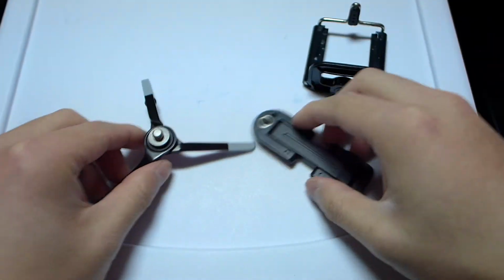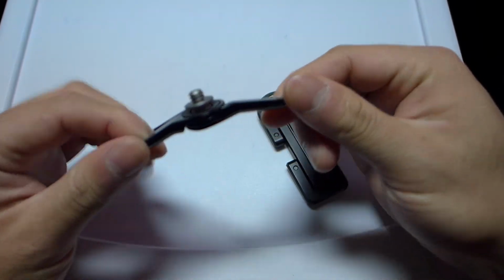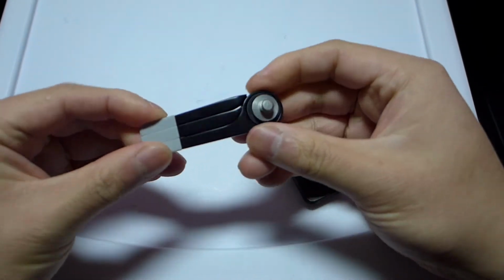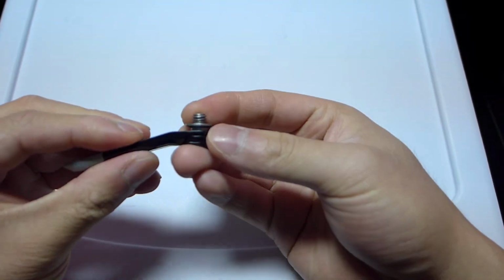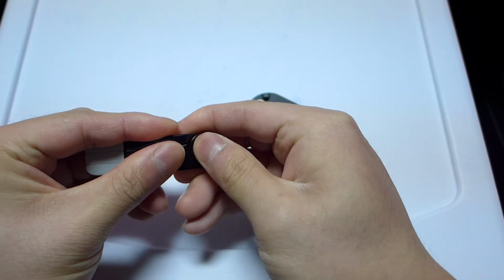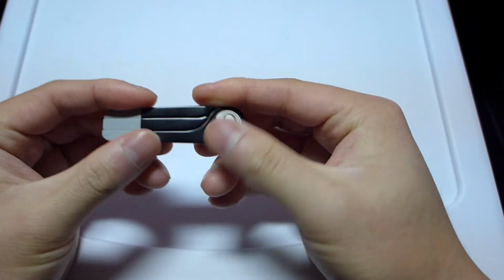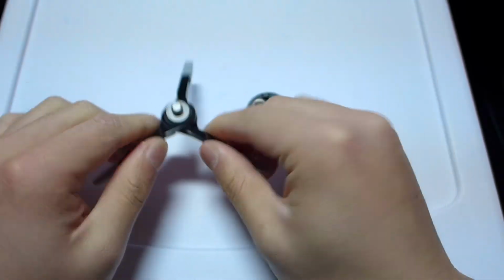This over here, I bought these as a bundle. This is their micro stand. It's a very simple tripod with 3 folding legs, and it does have a ball head here, and I believe this has a 30-degree range of motion, which works out for whatever video or